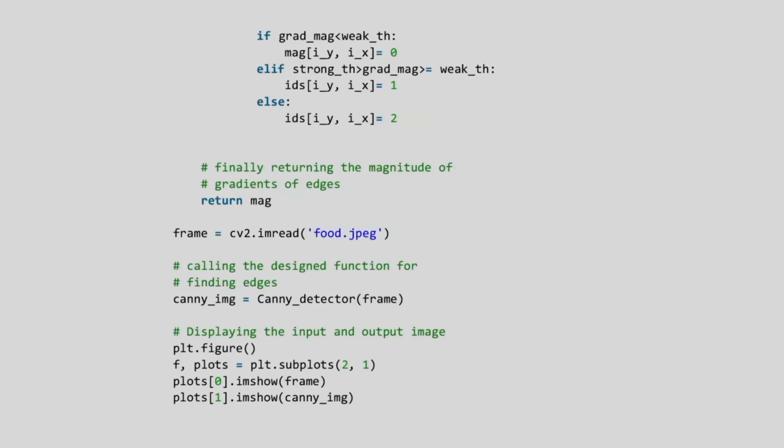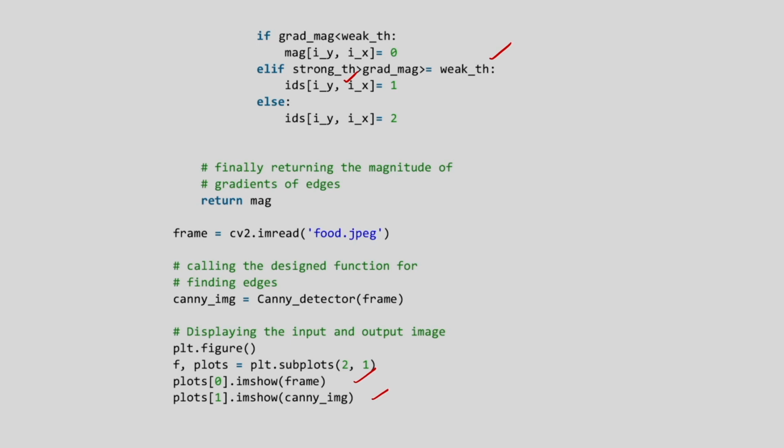After this, what am I considering? I am considering thresholding with hysteresis. For this I consider the strong threshold and the weak threshold also, and I will get the strong edge pixels and the weak edge pixels, and finally I get the edge pixels and can show the output image and the input image.